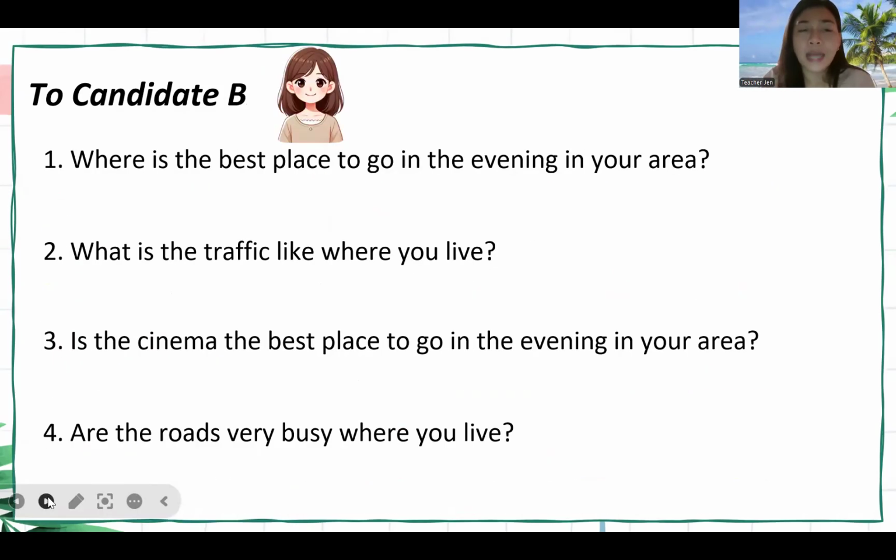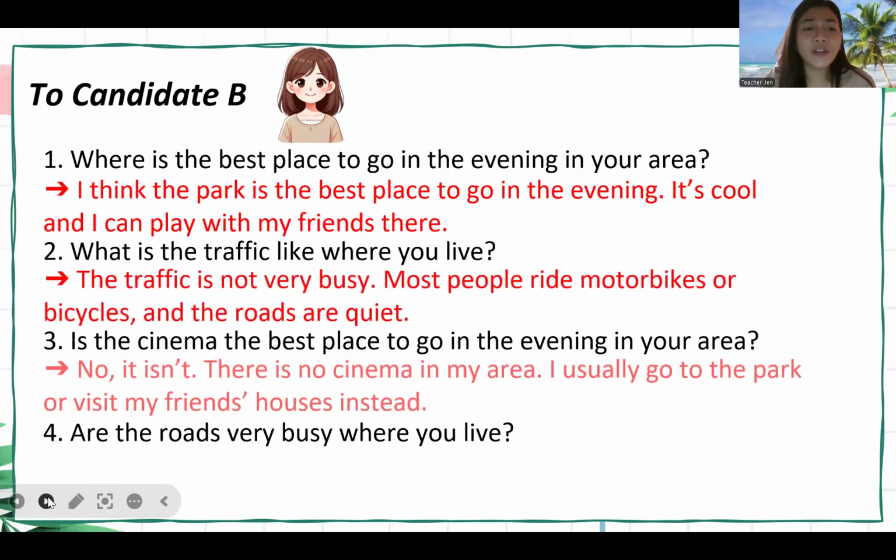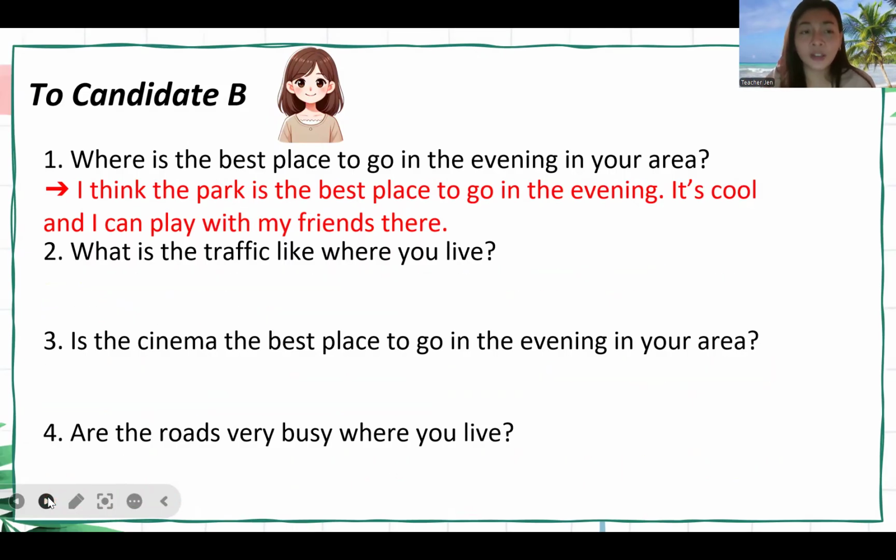So that's it. Now we will move here. Another one, the same again, teachers. Where is the best place to go in the evening in your area? Example, I think the park is the best place to go in the evening. It's cool and I can play with my friends there. How about you? So the student will do it again. And after they finish the following questions here, example,